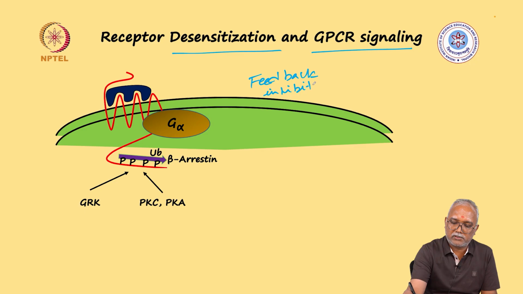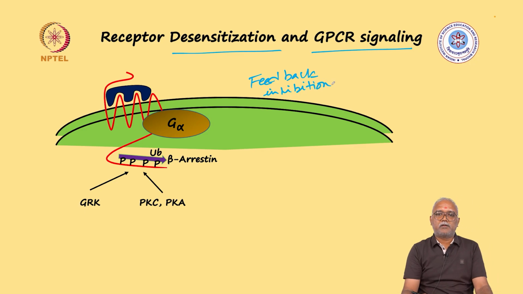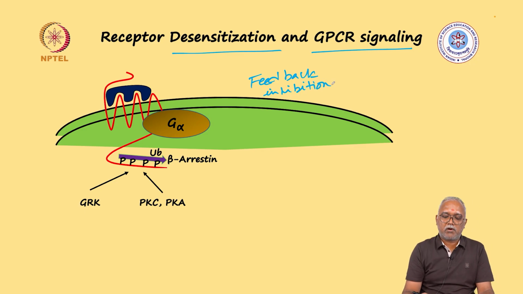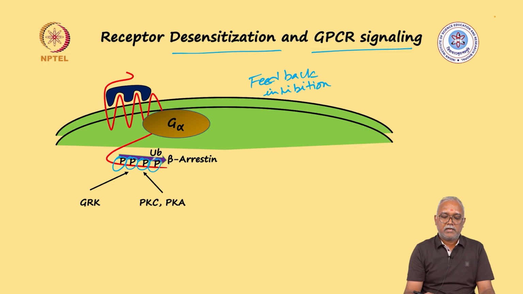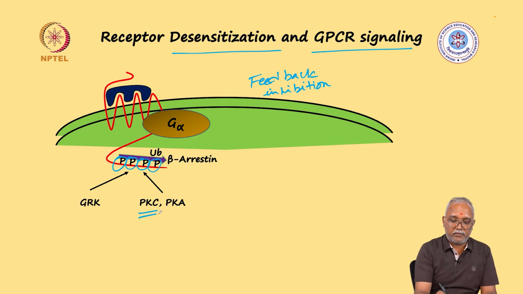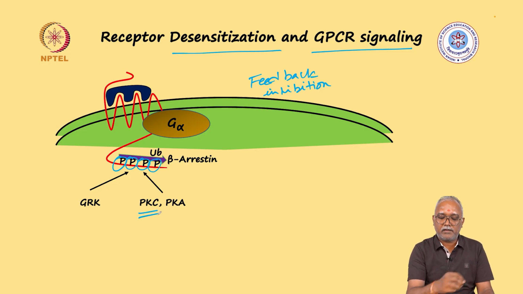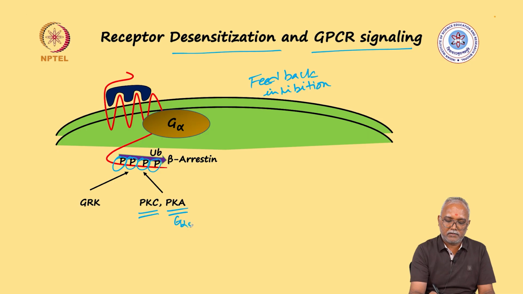Whether it is about synthesizing the molecule which will inhibit this reaction, or producing something which ensures that G alpha is no more available to the next molecule. And one of the things which happens over here is the phosphorylation of the C-terminal tail of the receptor. This can be carried out by PKC, which was generated in one of the signaling, PKA, which was activated again in one of the G alpha S type signaling,